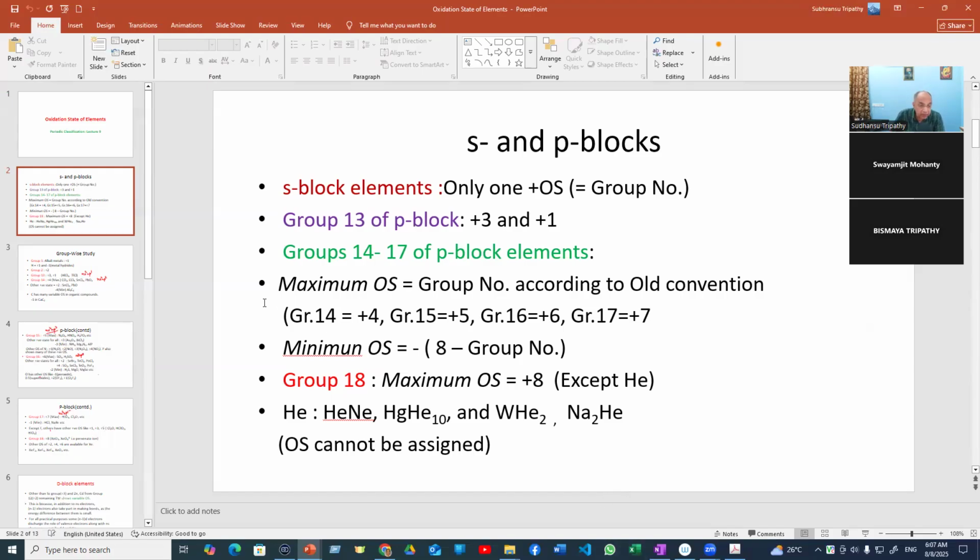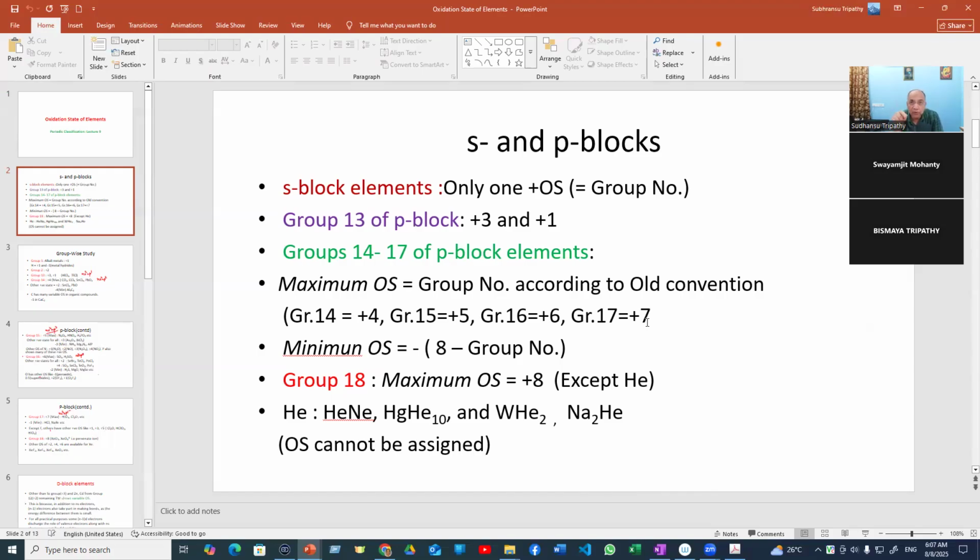And similarly, for group 15, it is plus 5, maximum is minus 3. Group 16, it is plus 6, minus 2. Group 17, plus 7, minus 1. By gaining 1 electron, it will be octet. By losing 7 electrons, it cannot lose, but